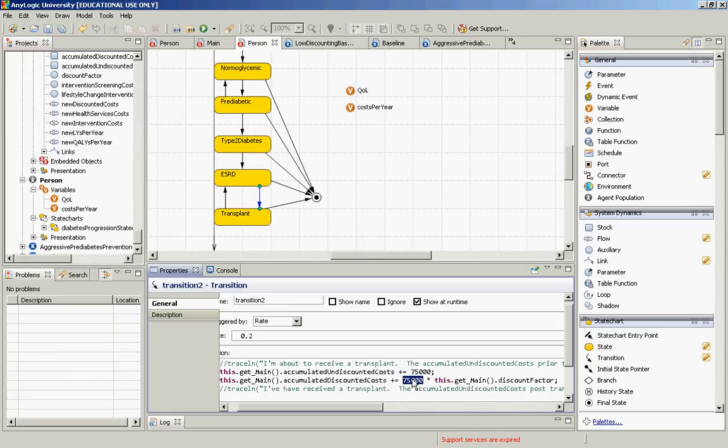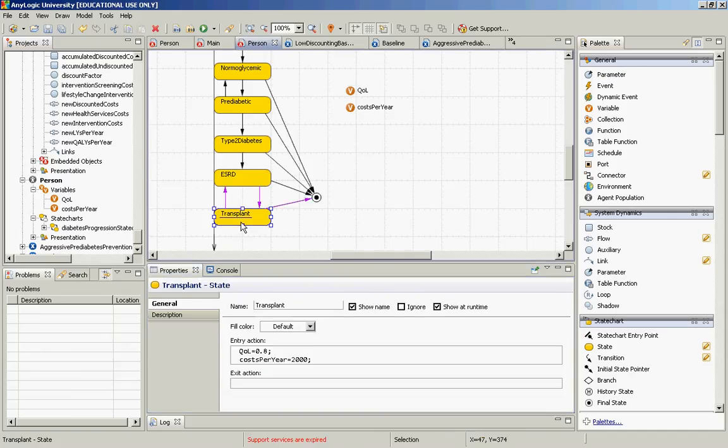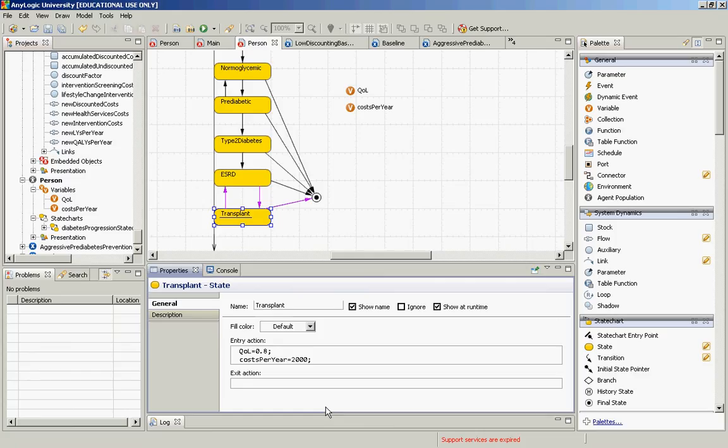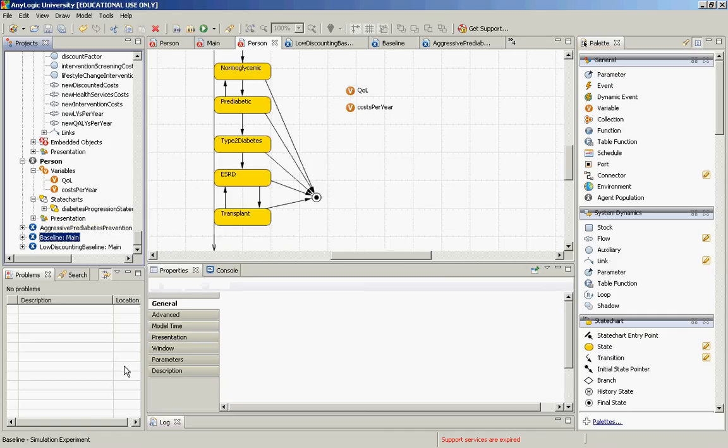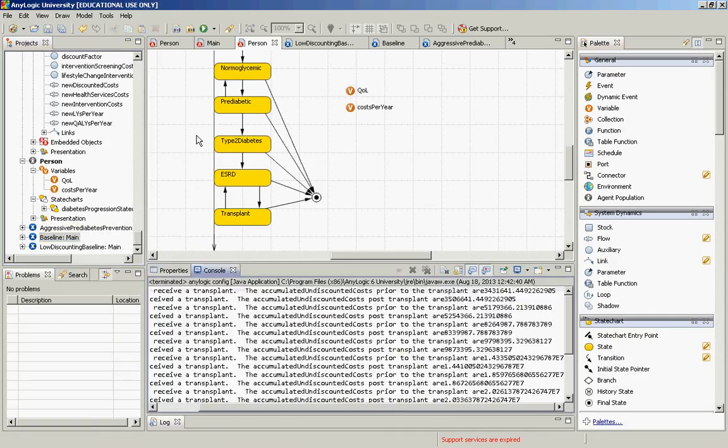Now you'll notice we still have these costs per year for post-transplant, and I'll assume that these are lower. I mumbled about amortizing the value of the transplant there, so those costs are going to be lower. Okay, so now we have a baseline which does differ because we have now taken transplant-related costs in,